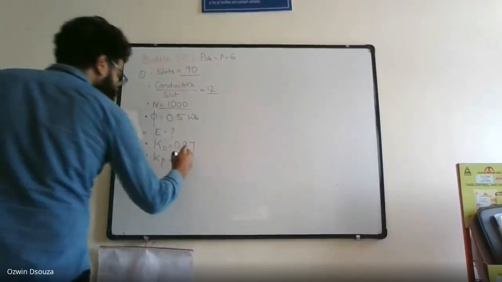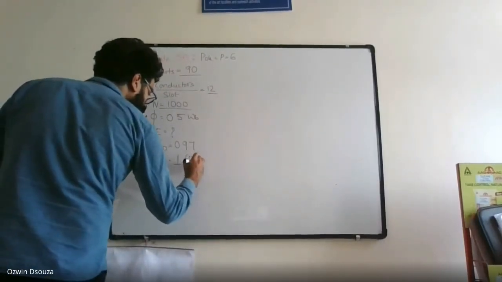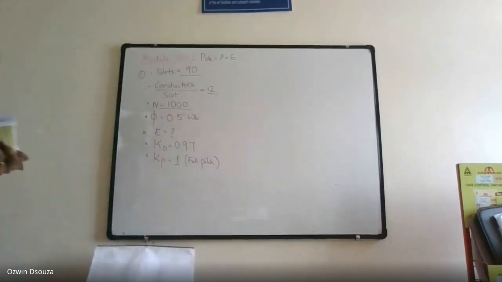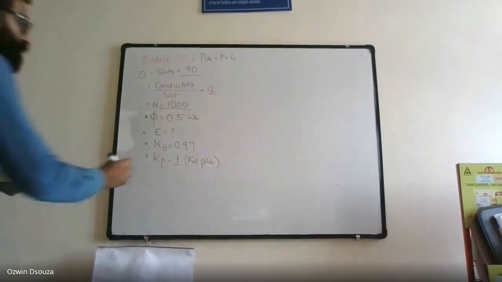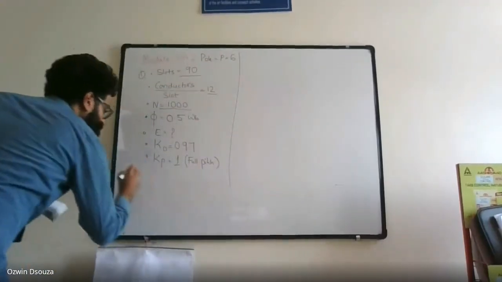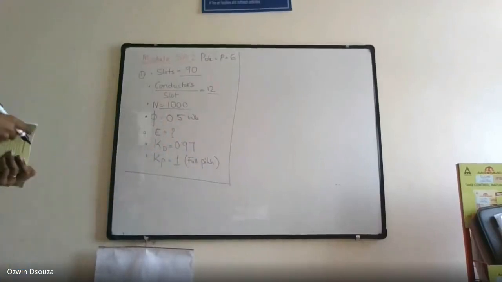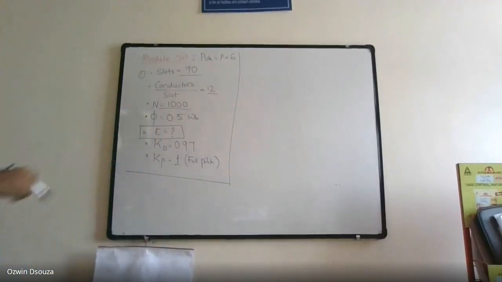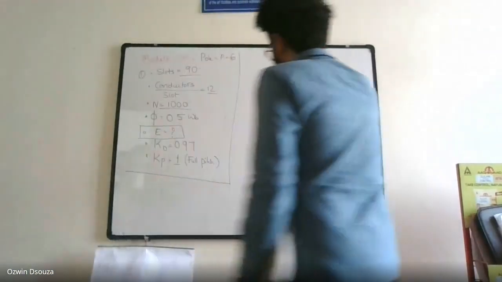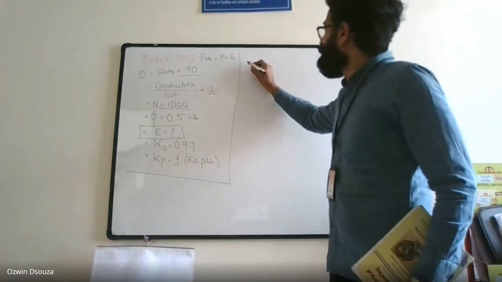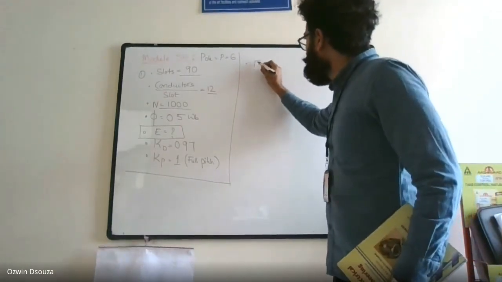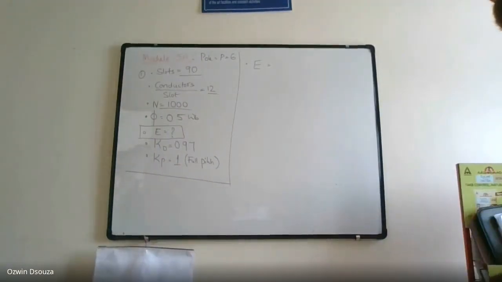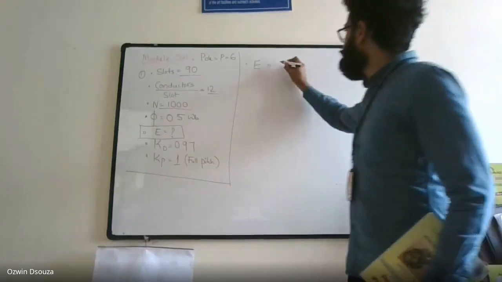So for a full pitched winding, the Kp value is always unity. Okay. So this being the given data, you can think of finding out the objective. And what is your objective? To find out the value of induced EMF. All right. So to solve this, first you can write down the expression for induced EMF. Other day we derived, right, the expression for induced EMF. And what is it? E is equal to